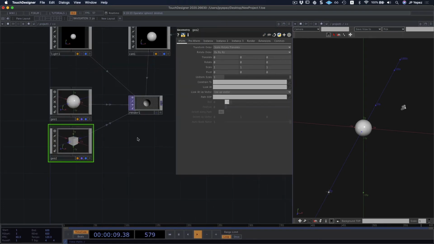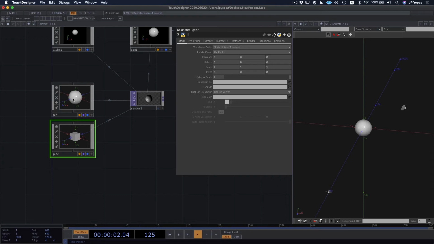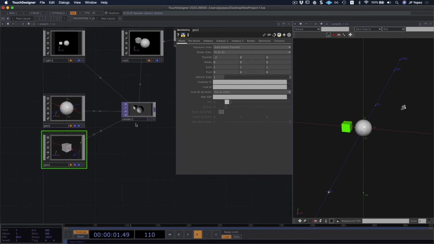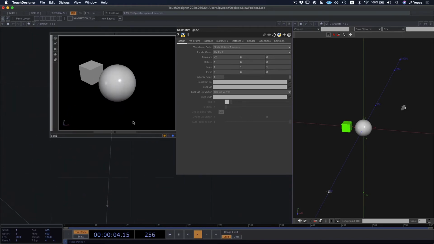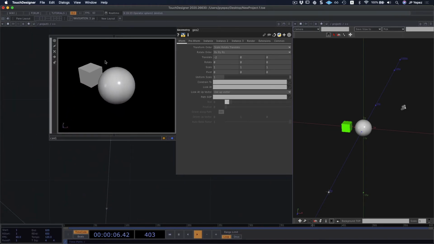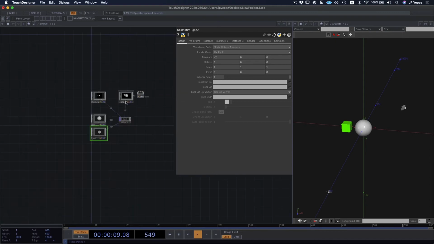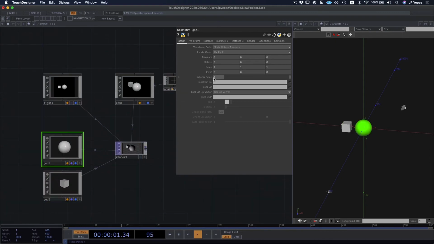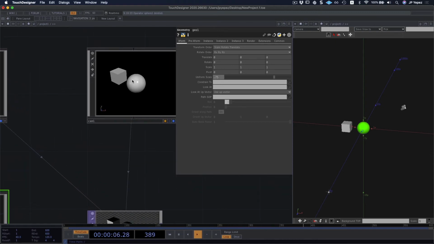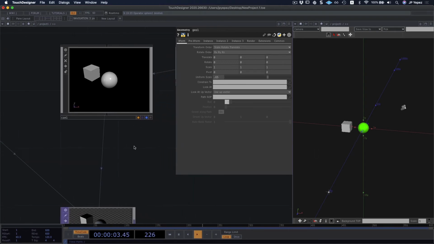Now the problem I'm gonna have is that now I have both objects in the same spot, so I cannot see the box. But I'm gonna translate this box to say -2. And now I can see that my camera shows me a bit of a top right view of my scene. The circle looks a bit big, so I'm gonna take advantage of uniform scale, and that kind of makes it look a bit closer to maybe 0.65. So that's better. I like that.